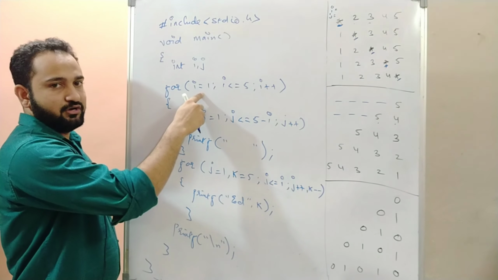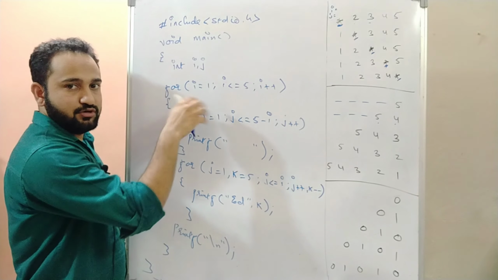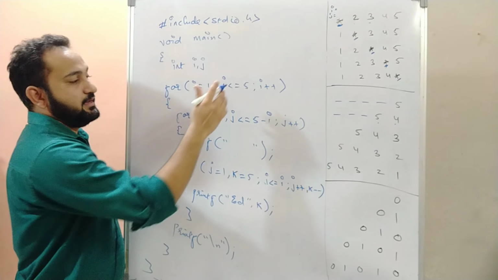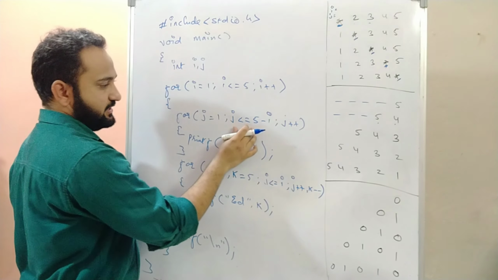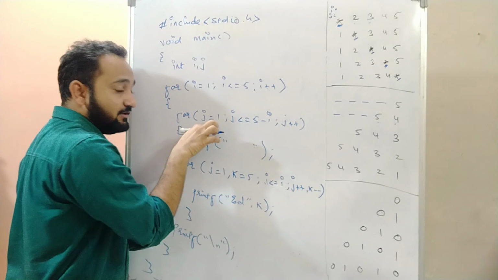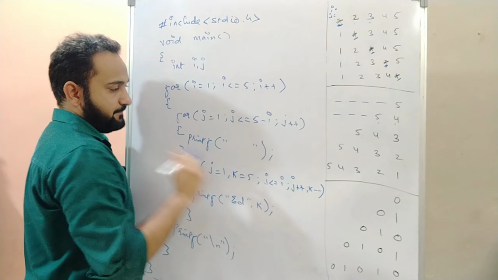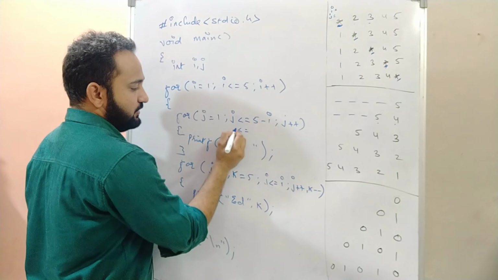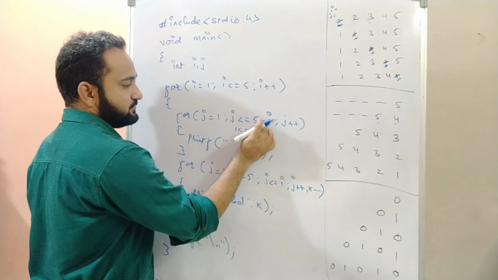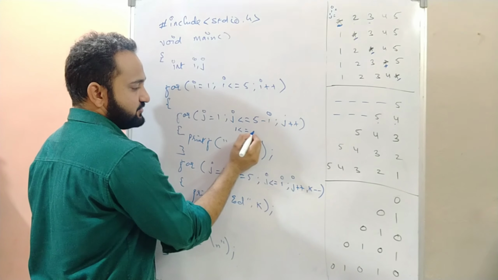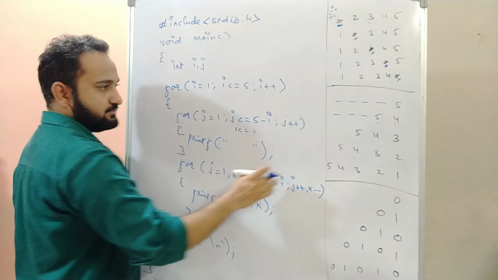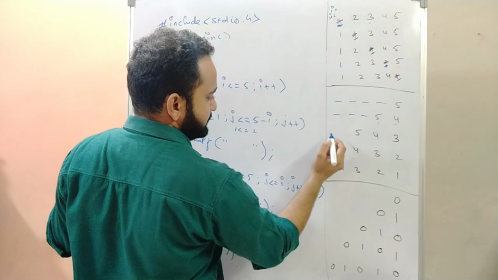It's going back. While going back, the value of i, it was 2, now becomes 3 this time. 3 is less than or equal to 5. Yes, condition satisfied. It will come inside. j will be initialized to 1 again. 1 is less than or equal to 5 minus the value of i, which is 3. 5 minus 3 is 2. It will iterate for 2 times, leave 2 spaces, right?